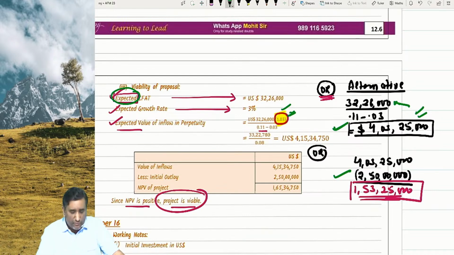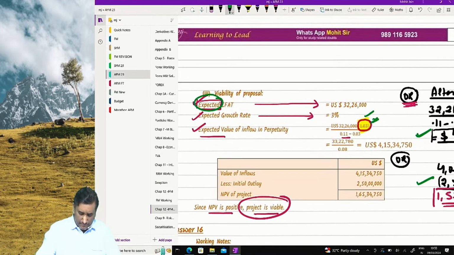Done. Now moving to a concept about which a question was asked. The adjusted present value concept used to be there in capital budgeting. After that, I think they mentioned it in some other chapter, maybe portfolio somewhere. And now capital budgeting has been reintroduced, so this becomes an important topic. I have put it here